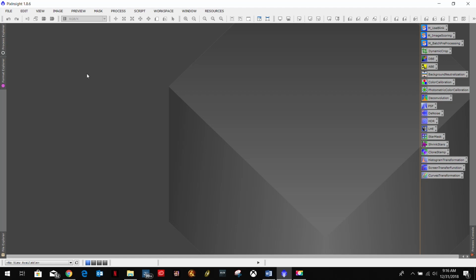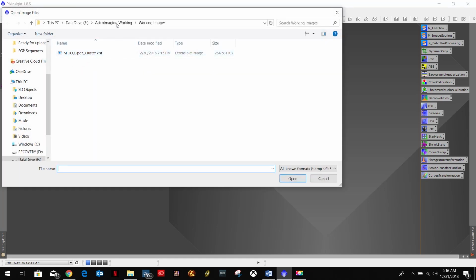So we've done a basic stretch with ABE already, but let's check out dynamic background extraction on the image and see if we can get something that's better. Then we'll go back to automatic background extraction and compare the two. So let's go back into our file here